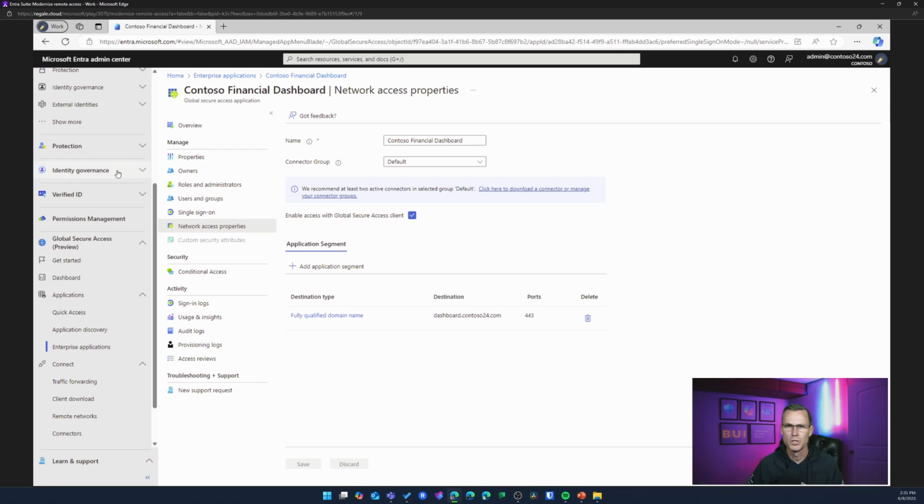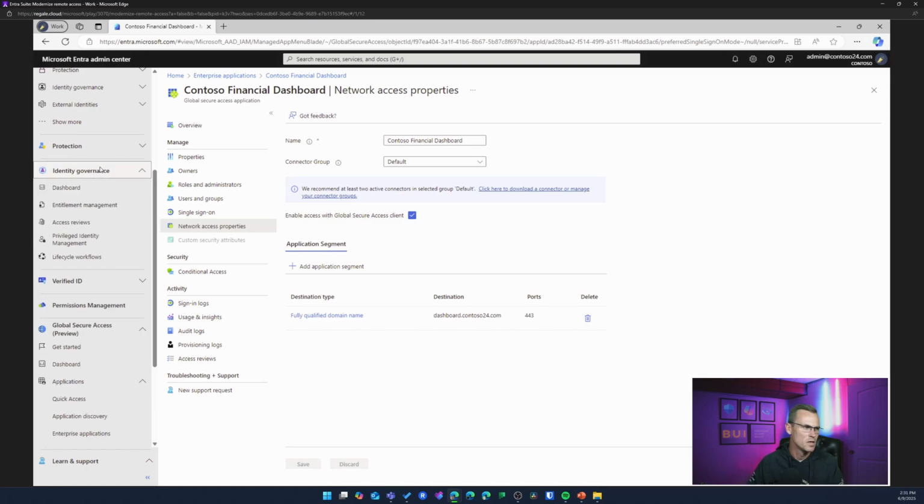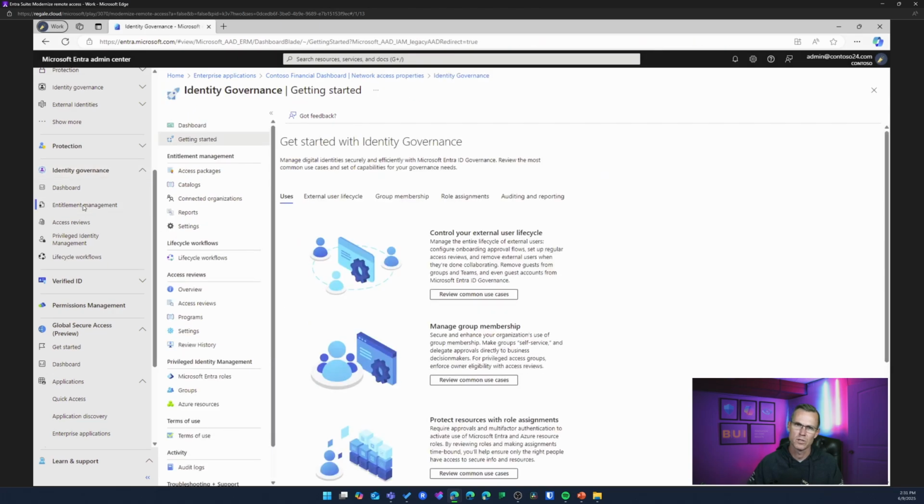So what we want to do now is make sure our demonstration is focusing on a new employee who's going to get access to our environment, but also access to these privately hosted internal resources, right? The file share and that dashboard application. So there's a few things in identity governance that we need to go and set up and confirm. The first one is entitlement management. Our focus here is going to be on providing this new person who's joining our finance team with the correct resources. So the first thing that we need to specify in identity governance is our catalogs.